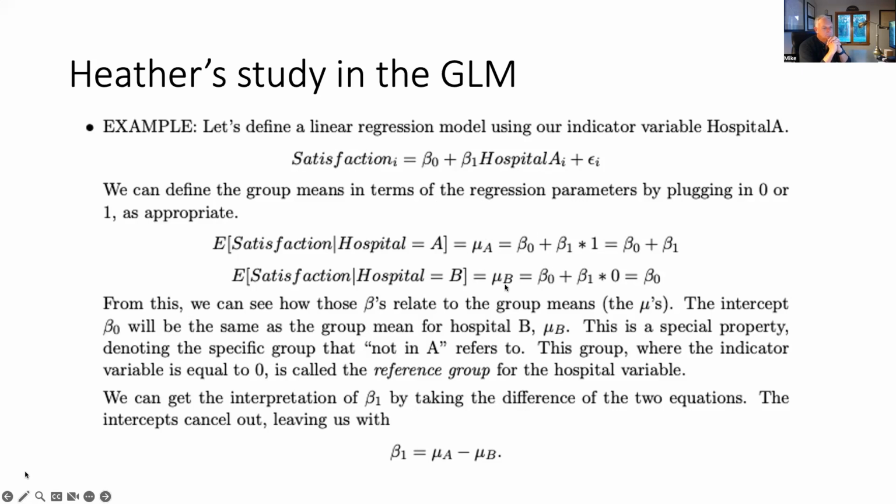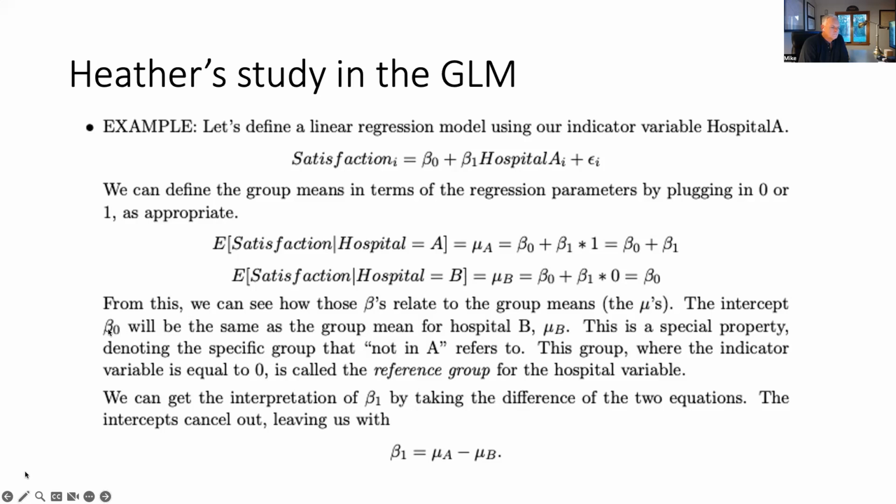So then what is the difference? If we do mu A minus mu B, what do we get? Beta 0 plus beta 1 minus beta 0. If we take the difference between this expression and this one, it's simply just beta 1. So what does that mean? It means two things. We now have two really interesting properties of this simple linear regression model with a single